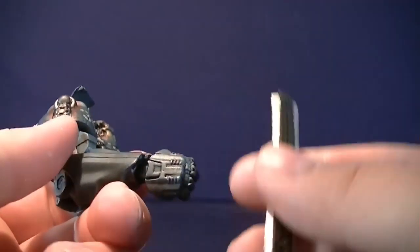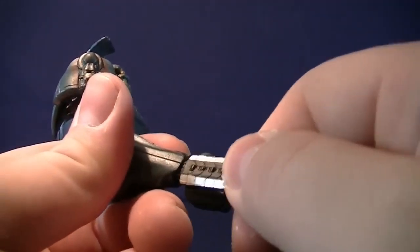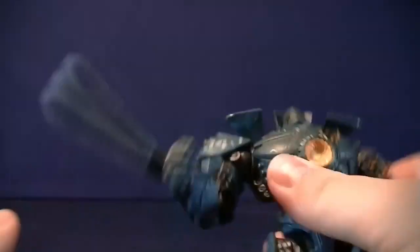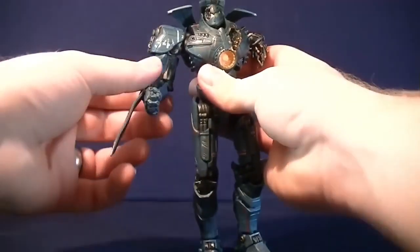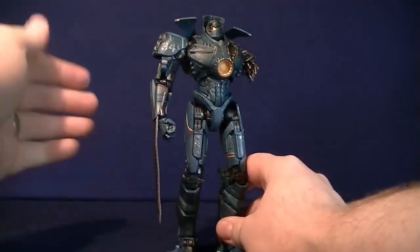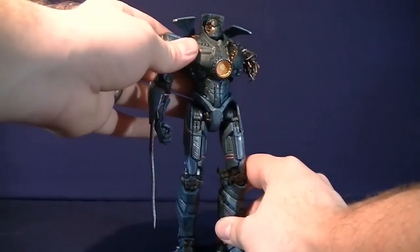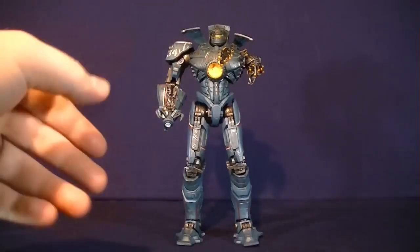And just to show you guys, if you have the Hong Kong Brawl Gipsy Danger's chainsword, it goes right into the peg hole down here, shove it right in there, stays in there pretty nicely. And again, it looks really cool on this figure, and it's a really nice complement if you have the Hong Kong Brawl Gipsy. Really helps to make this figure even better as well. Alright, so after reattaching Gipsy's plasma cannon hand,